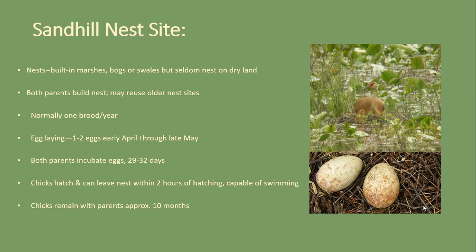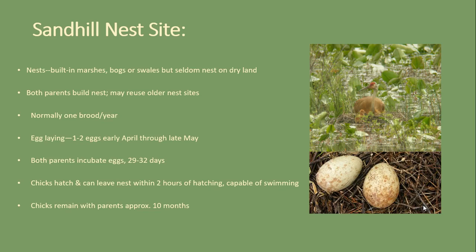When sandhills decide to nest, they will build a nest, sort of a little tiny raised bushy platform, sticks, corn stalks, really whatever they can find in their local environment to just make a small rise up. It's not quite even a nest, but they will not nest on dry land, or at least not very often. Both the adults will build the nest, and if it's the same site which they return to in a former breeding year, so their breeding grounds, they may even reuse the same nest and just kind of refresh it.